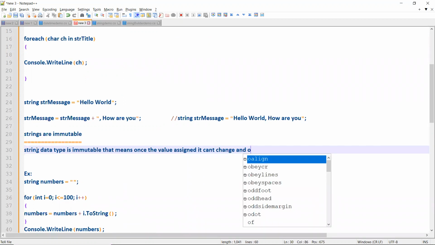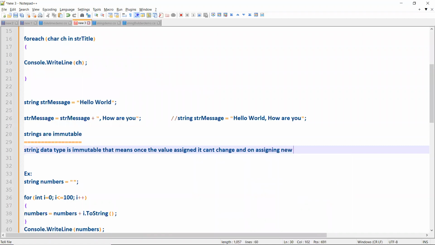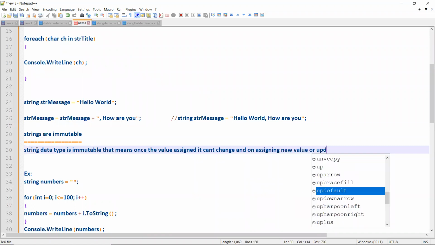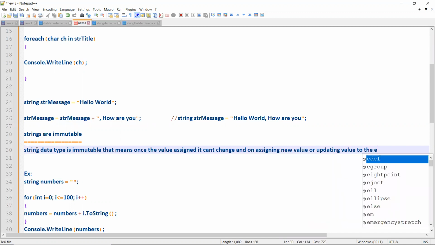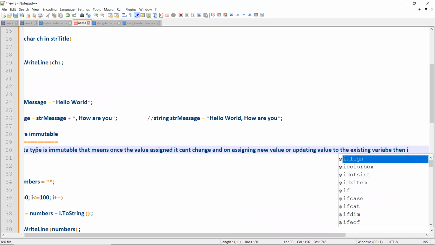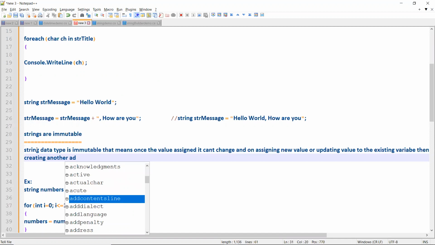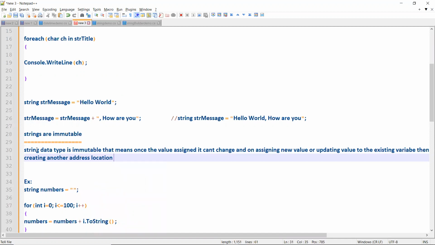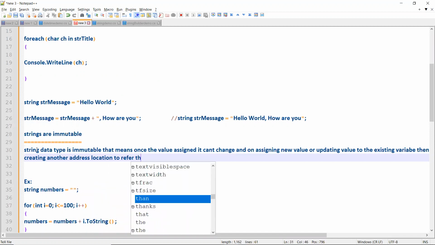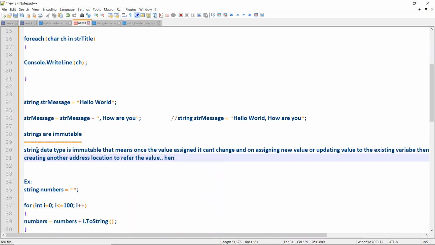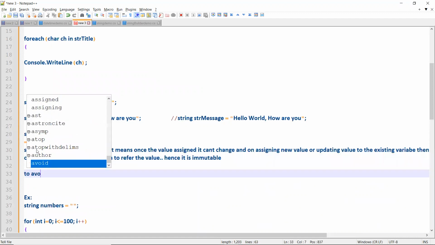And on assigning a new value or updating the value of the existing variable, it is creating another address location, waiting for the job. And it is immutable. To avoid this,